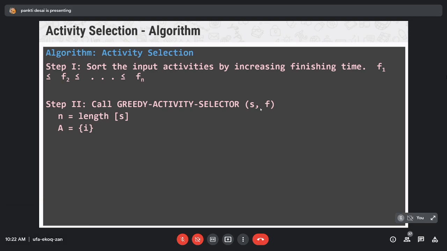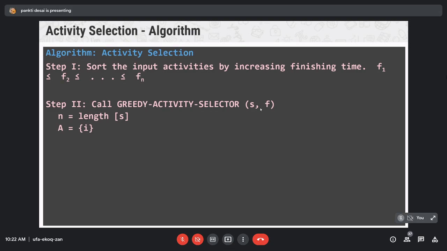Then next is selection of the first activity. So A is equal to {1}, where A is our solution set. Here we select our first activity and put that activity into our solution set.